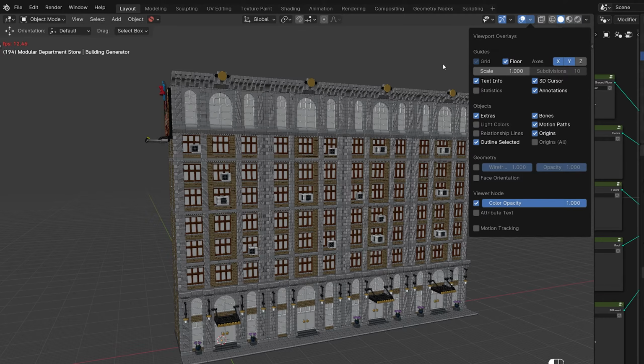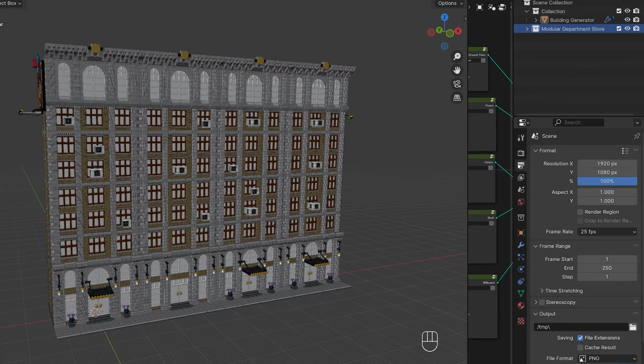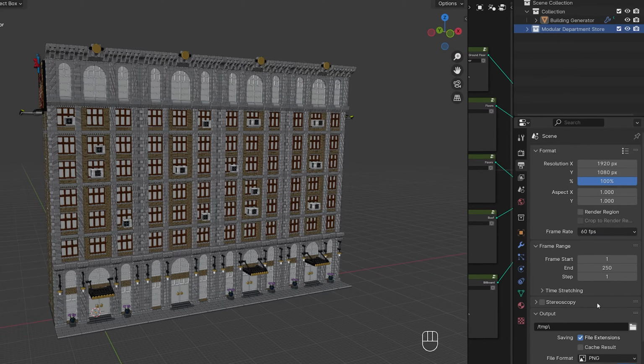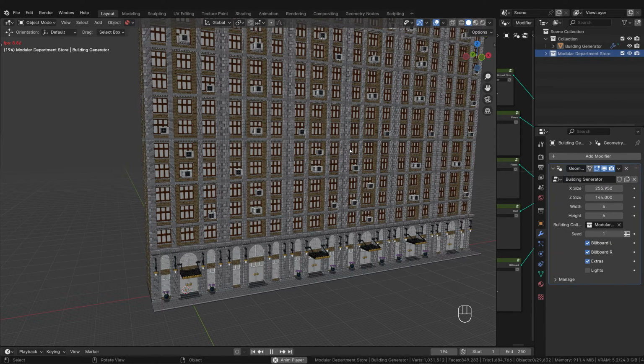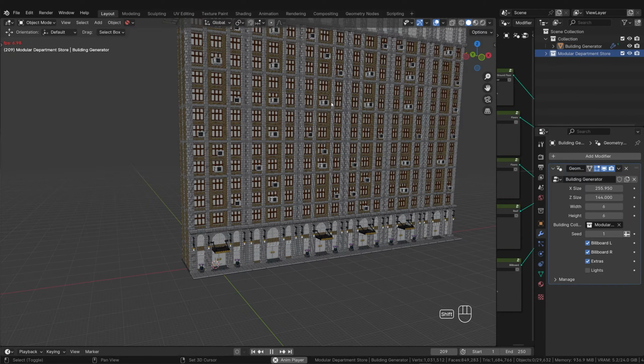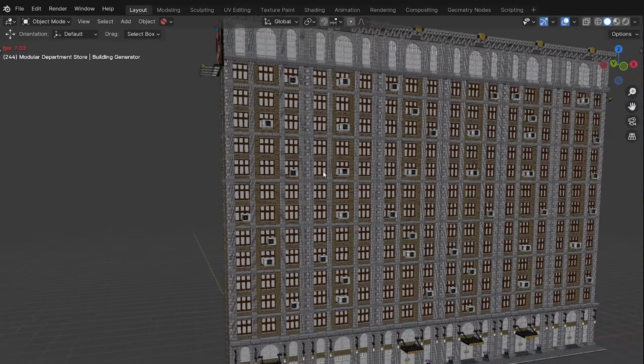In addition, we can increase the frame rate even further in the output properties so that the upper limit is not reached so quickly. We see that even though I have a pretty good system, I can no longer achieve full performance even with this medium-sized building. If I make it any bigger now, it will only get worse. I better pause playback for now.